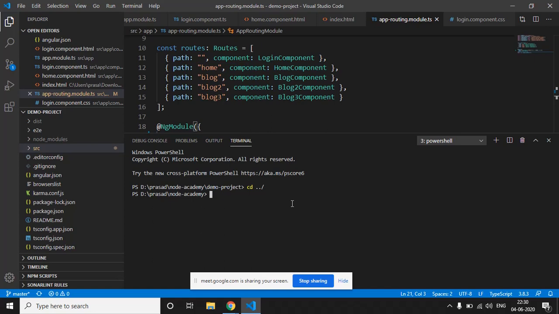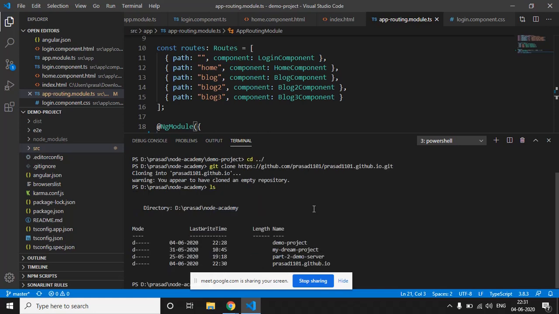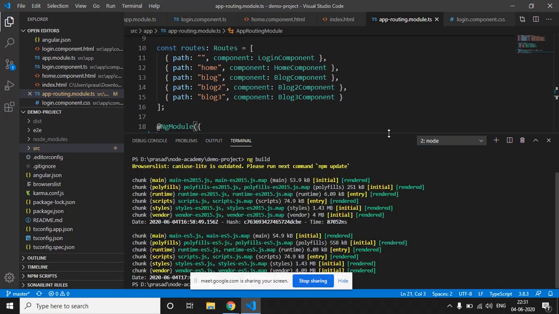For cloning that repository, we just run git clone and paste the URL which we copied. It will clone or download whatever content is in this repository. If we do ls, meaning list, we can see that our repository is downloaded here, right? Let's see if our Angular application has been built or not.